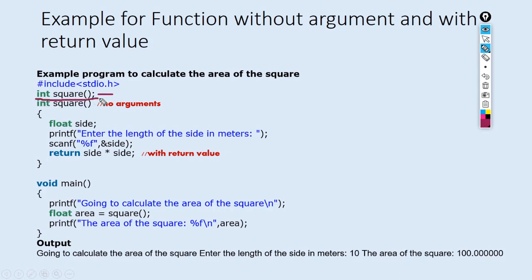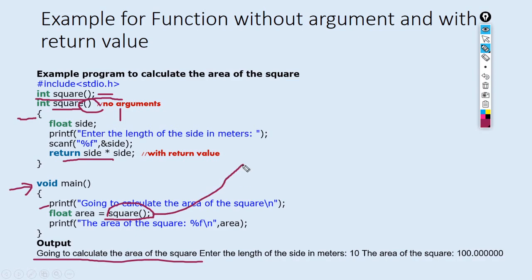If you want to give, you can give for some compilers, and for some there is no need to give. This is nothing but the definition. Here you can see the opening bracket, and without any argument it will come inside. This is nothing but the return. So what is happening? First it will start the execution from here. It will see this thing. First it will print the printf, that is going to calculate area of a circle, and then this is nothing but the call of the function.